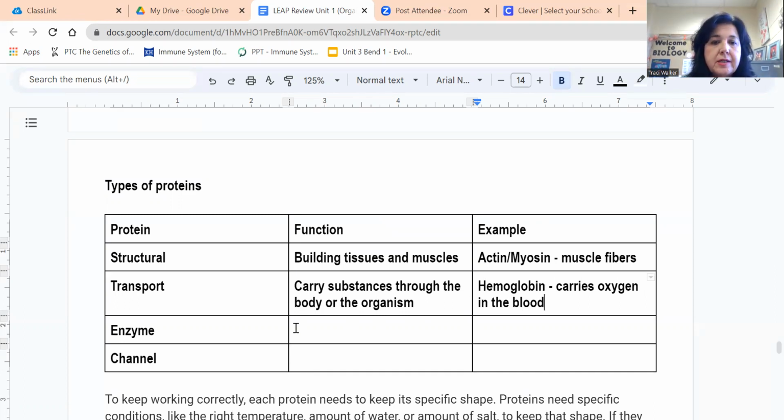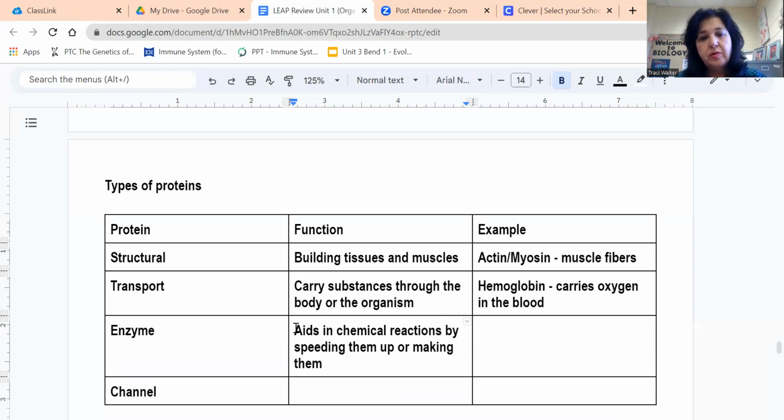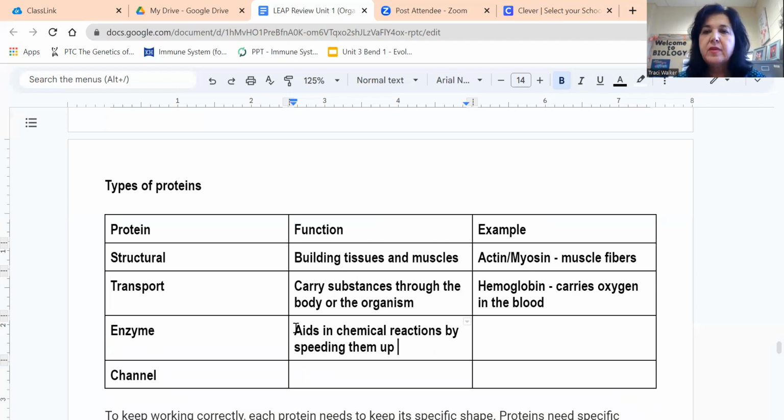Now an enzyme, which we're going to talk about a little more in depth, aids in chemical reactions by speeding them up, or making them go faster. That's basically the same thing. Normally without enzymes, chemical reactions can sometimes go too slowly to be effective. And so enzymes come in and help speed up those chemical reactions